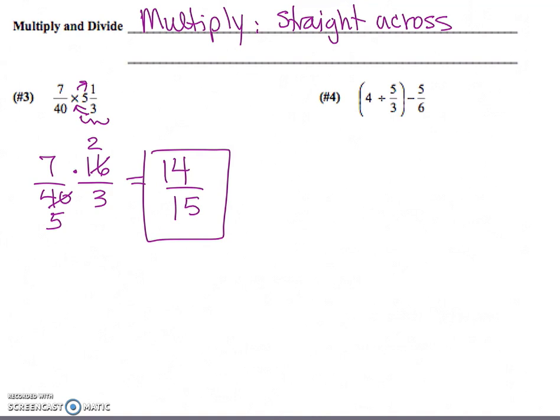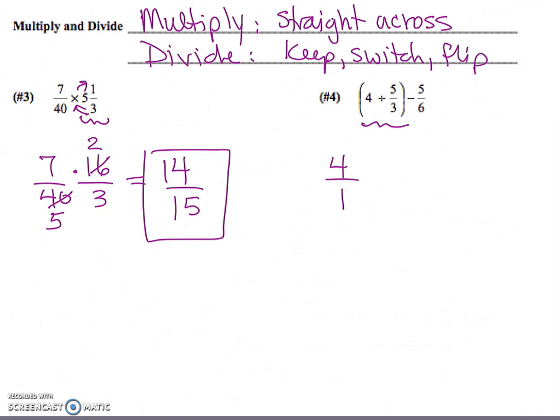My last example here, I've got division, and then I've got subtraction. So I'm going to start by doing the division first. This is 4/1, but for divide, remember I am going to keep, switch, flip. So this is really 4/1 times 3/5, which gives me 12 fifths. And then I'm going to bring down